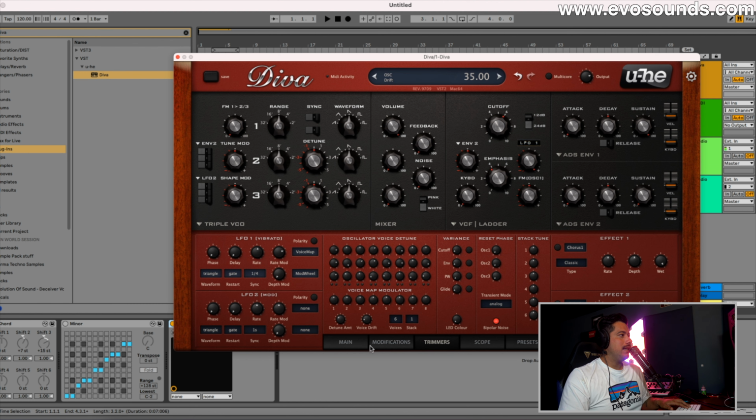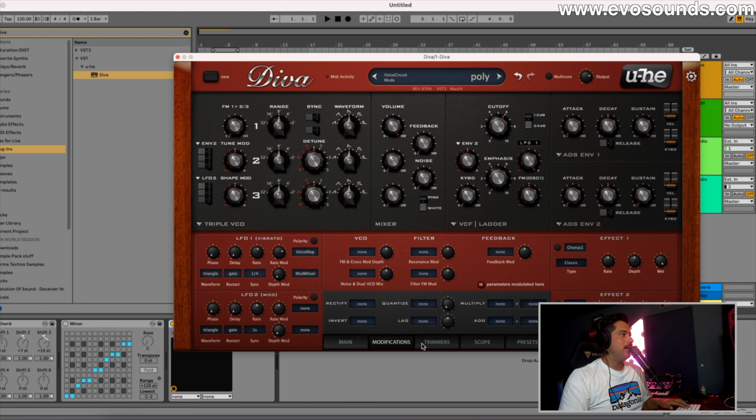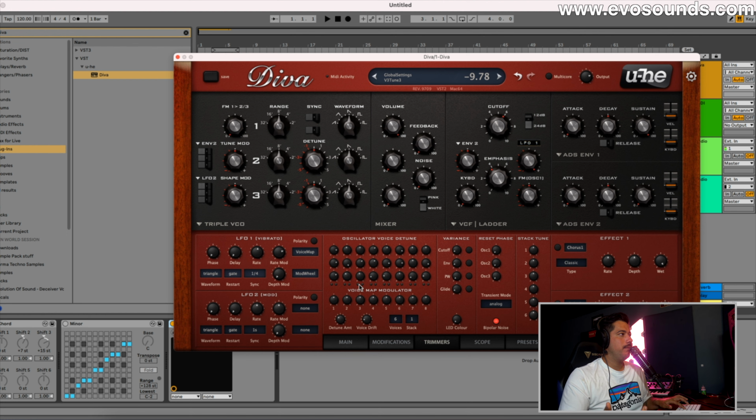The voice map inside of Diva, you're going to find the trimmer section here. It's going to have the voice map here. And the only way it works is when you're in poly mode, because as you're going to notice, in poly, we play one note, and as we go to the right, we're playing different ones. Now, the cool thing here is below this, you're going to have a voice map modulator, which you can set to different values. And what this is going to do is work in conjunction with this voice map. So here you're going to be able to set high value, low value, and high. So now as I play,